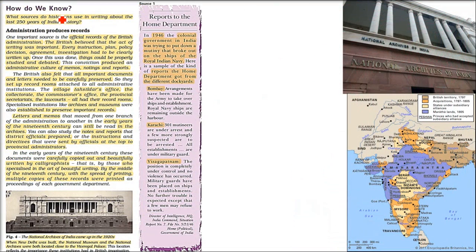Now the question arises, how do we know? If we are talking about 250 or 300 years back, as we look back at these years, how do we know? First thing is, history is based only on fact. It's not a story. It's not anything which has not happened. So history is always backed by sources. It has to have some legitimate source. That is how we know it.